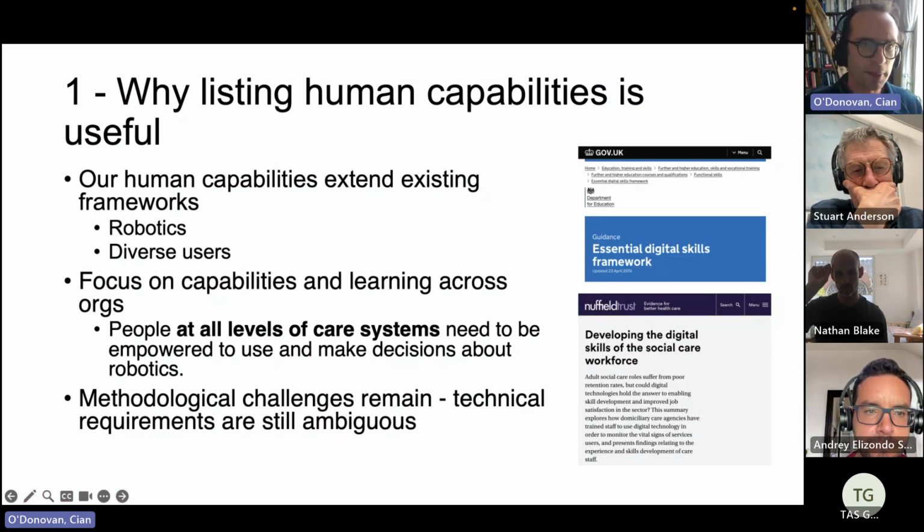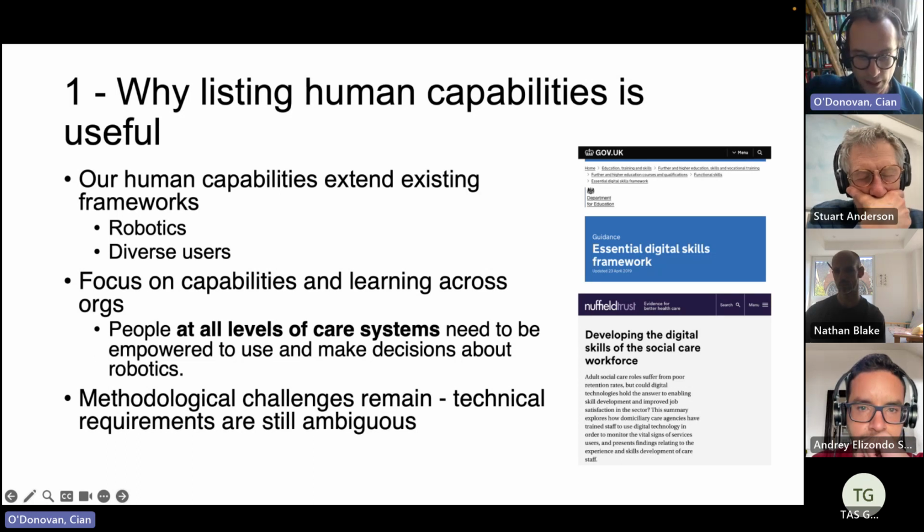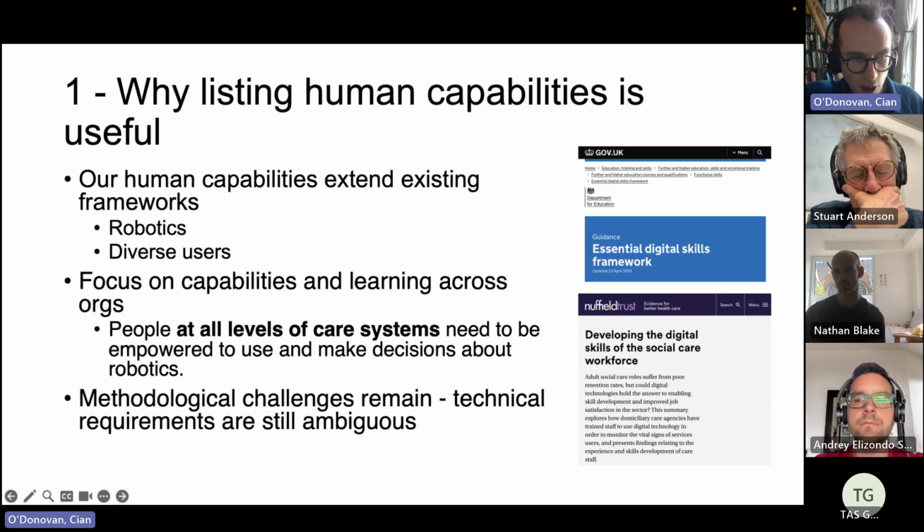Other lists of capabilities and skills, including digital skills and capabilities, exist. They're out there. To our knowledge, this is the first that deals specifically with robotics, and it deals specifically with that question you just asked. This deals with people from all levels of the care system. As I said, context is really important, and the skills and capabilities of people who are working in procurement departments, who are working in legal and governance departments of, say, the NHS or of care organizations, of local authorities, have